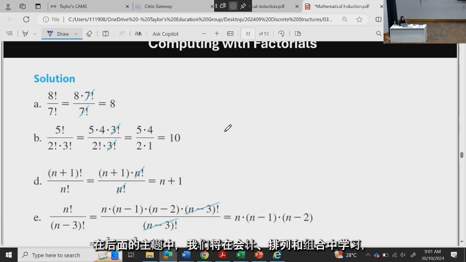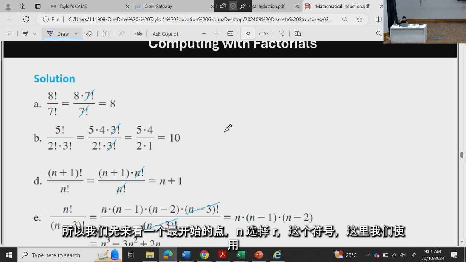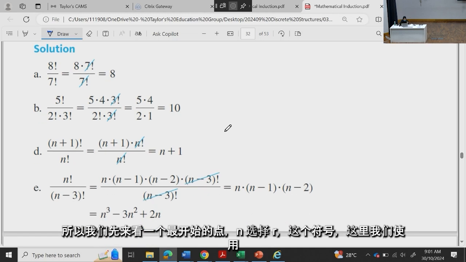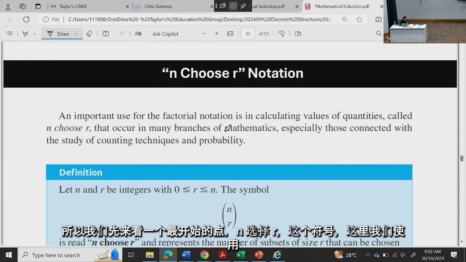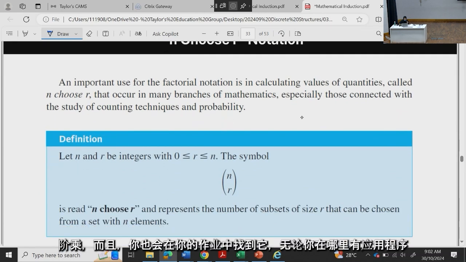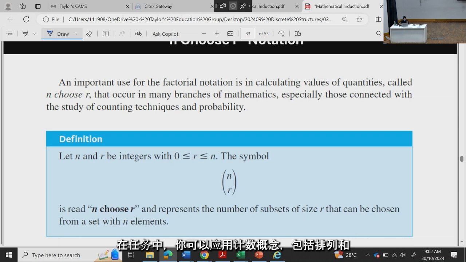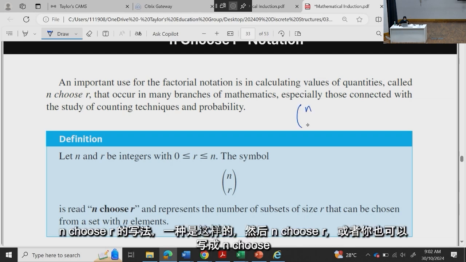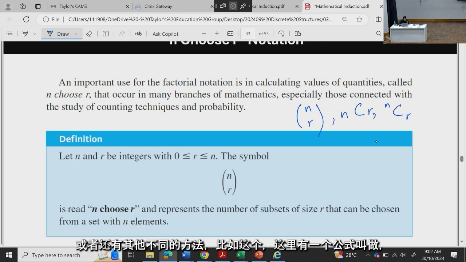Then factorials are also used in a later topic that we will study in your counting, permutations and combinations. So we will look at a very starting point of that, n choose r. This notation uses factorial, and also you will find it in your assignment, wherever you have the application in the task where you have application of counting concepts including permutations and combinations. There you will find the application of factorial. For example, there are different ways of writing n choose r. One is this, then n choose r, or you can also write it as n choose r, or there are different other ways also, like this. What this is,